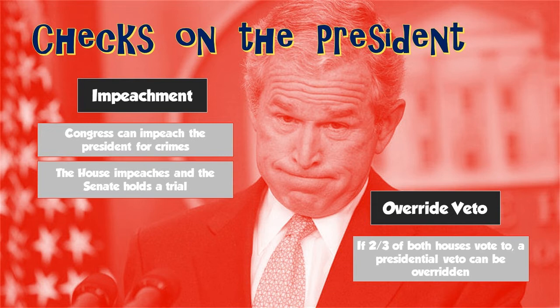Another check that Congress has on the president is the ability to override the presidential veto. So this requires both houses of Congress to vote at a very, very high supermajority, a 2/3 supermajority. But if the president vetoes a law, then Congress gets another chance to pass that law. They'd have to do that by overriding the president's veto. We mentioned earlier this is insanely rare. Only 4% of the time has this happened in the history of the country.